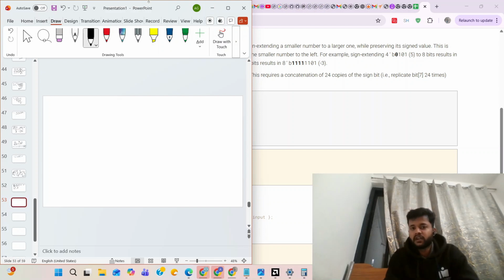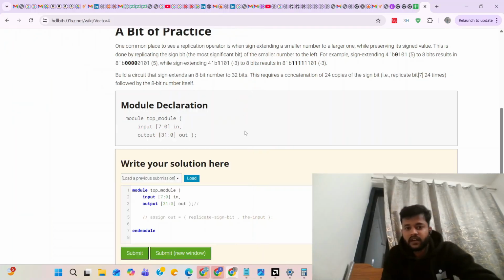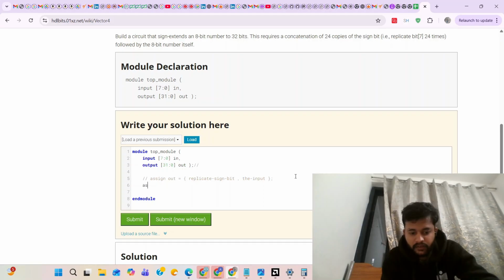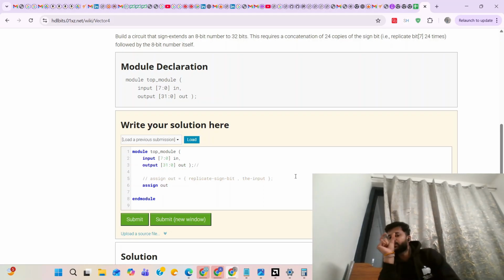Matlab we have to use replication plus this concatenation. So assign output, and output is initially input, which is 8-bit, and we have to replicate and make it match the output vector of 32-bit.